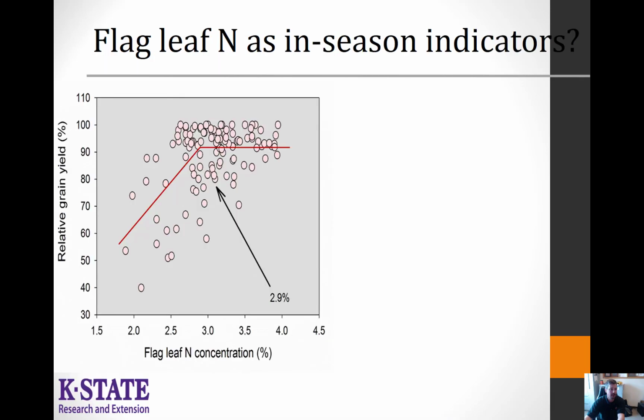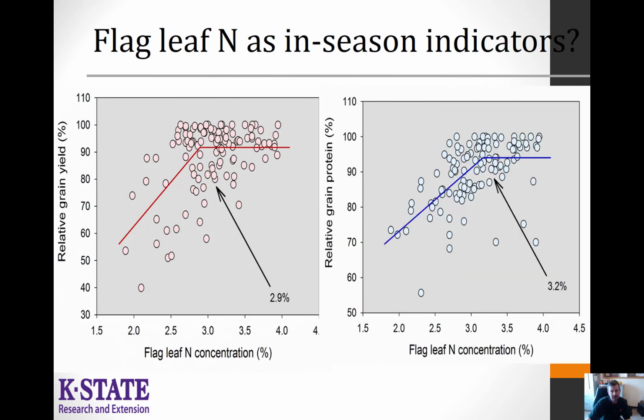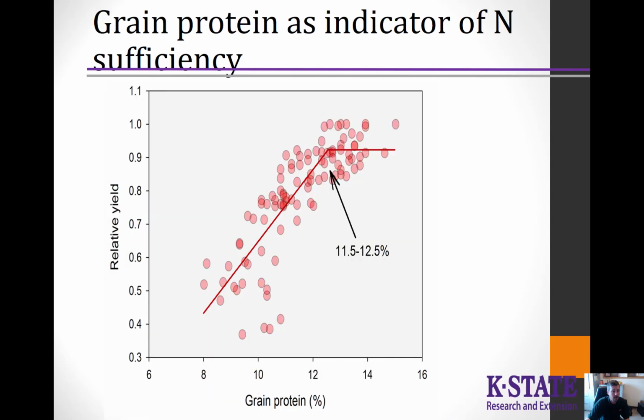Above that is excessive. Now they want to say, okay, could we use flag leaf as an in-season indicator? So they looked at the flag leaf concentration and relative grain yield. Felt, yeah, there's critical levels there. But you know what, folks? I've done a lot of flag leaf concentration, and we look at it, and so